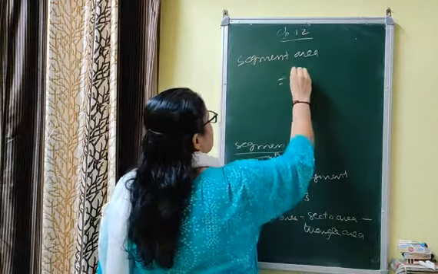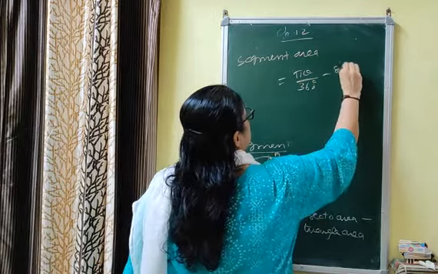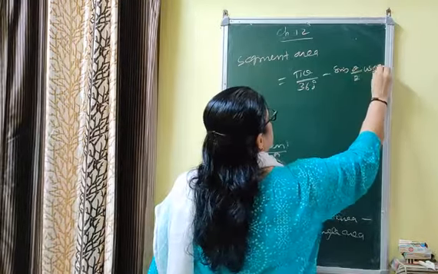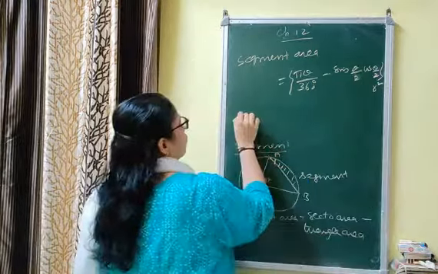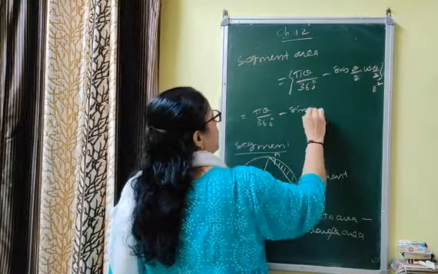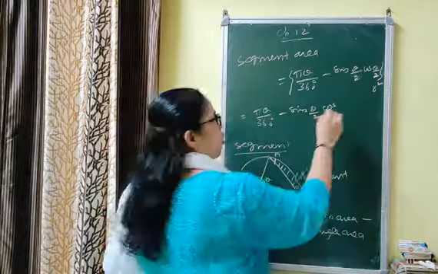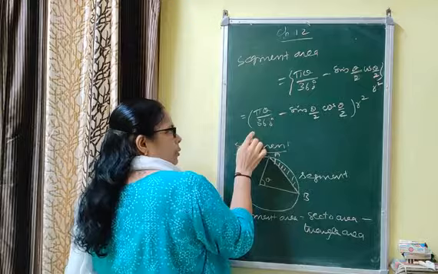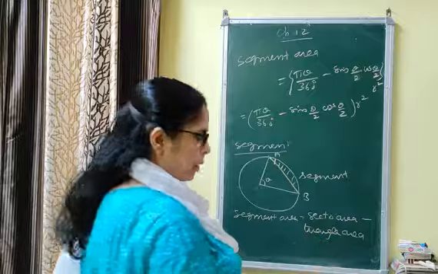Segment area is equal to pi theta by 360 degree minus sin theta by 2. The 2 below theta is only for theta, not whole upon. Once more I am writing pi theta by 360 degree minus sin theta by 2, where 2 is only for theta. Students used to write whole upon, then it will be completely wrong. Then cos theta by 2, and the whole multiplied by r square. This formula also you can use. This is the RD method. In NCERT you can directly subtract the area of the triangle from the area of the sector.